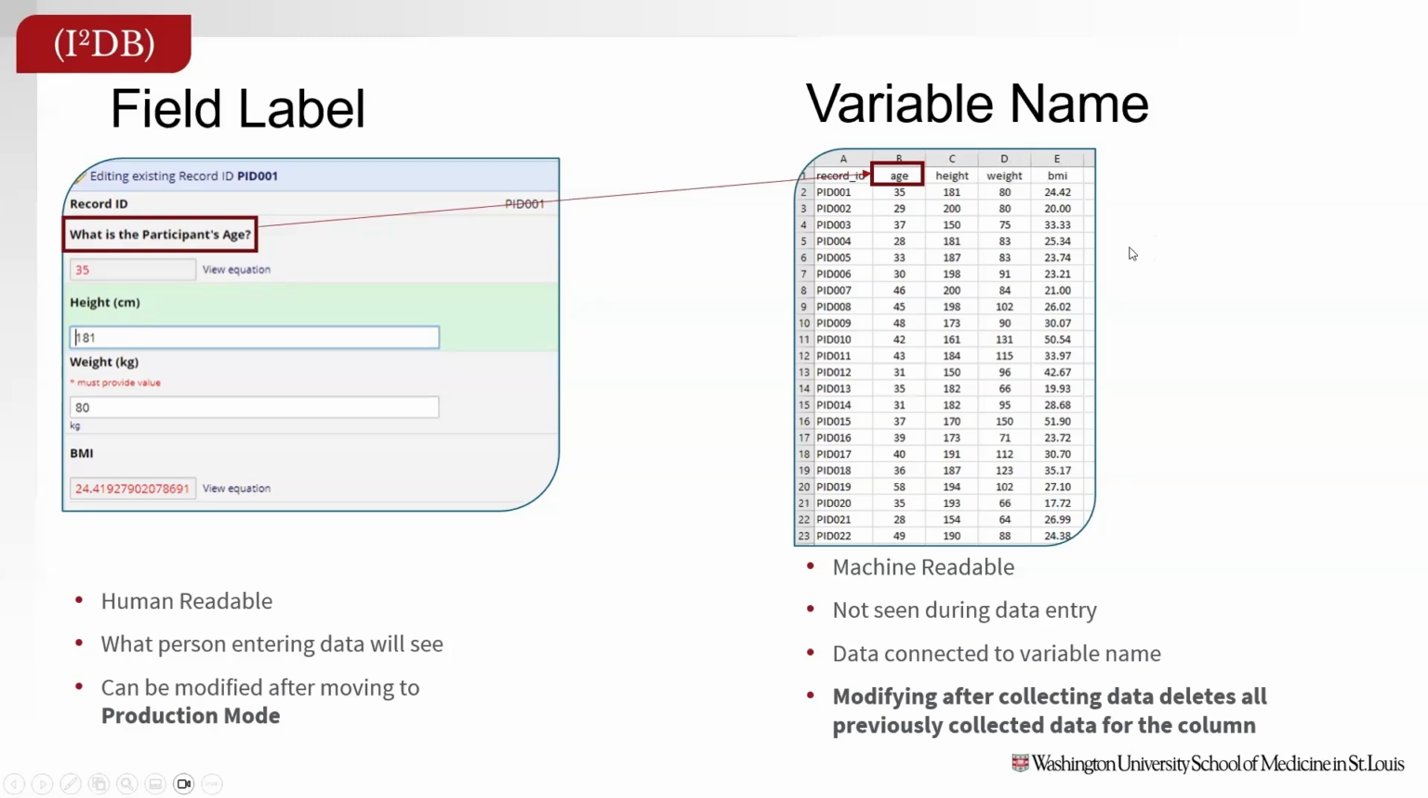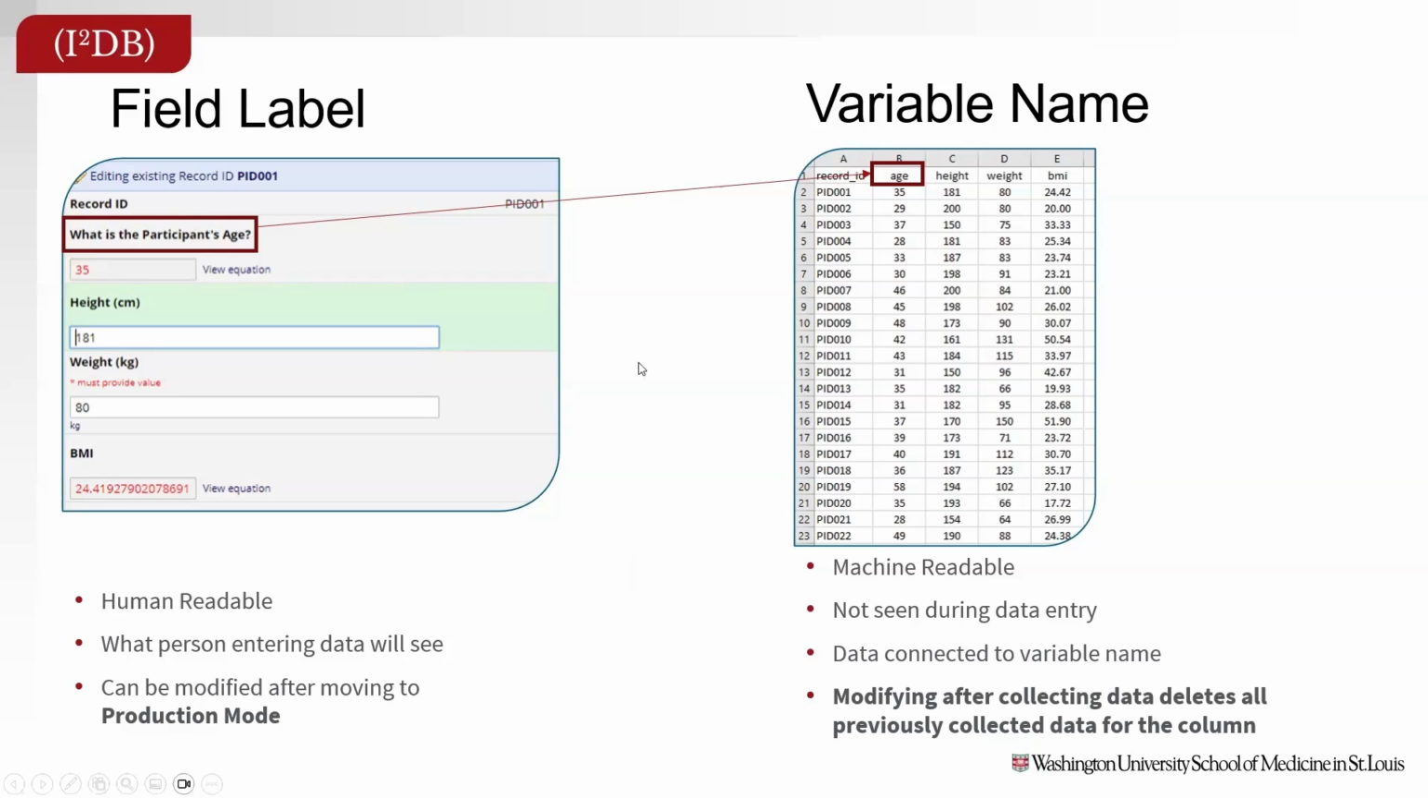And so when you move to production, this is something that you cannot change. You cannot change the names of these variables once you're in production, because that could actually lead to data loss. You can change the field label because that's not what the data is connected to. That will change what the person sees here. There are some implications to that as far as